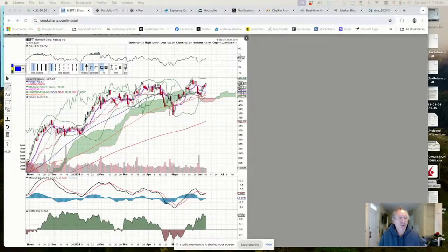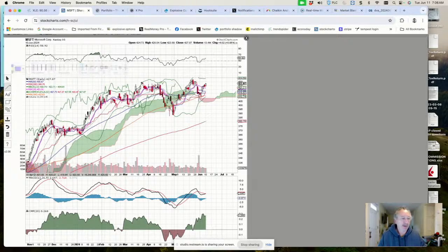Wednesday, June 12th, and let's take a look at big software company Microsoft. MSFT is the symbol here. So let's take a look at this chart here for it. It's kind of attractive right now. So we see after big decline here, stock